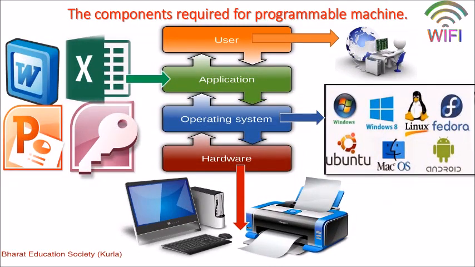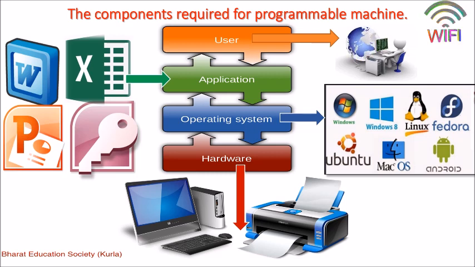Students, let us see the diagram in detail. What is shown in the diagram? Have a closer look. First layer is the hardware layer. Second layer is the operating system layer. On the top of that there is the application layer and the last one is the user layer. To understand this, let us see the layers one by one. The first layer, that is hardware. So in a computer, hardware are those parts which we can see and touch. Example, CPU, keyboard, mouse, monitor, printer, etc.